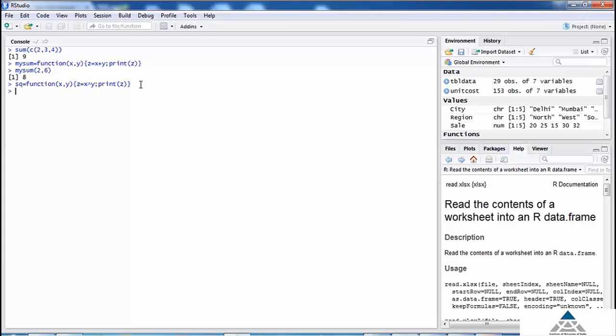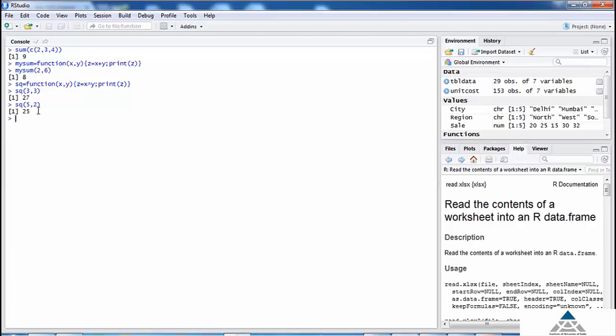We write sq and as arguments we give two numbers 3 and 3. On pressing enter we get 27, that is 3 raised to the power 3. Similarly, we can do sq(5, 2), which will give us 5 to the power 2 and we get 25.